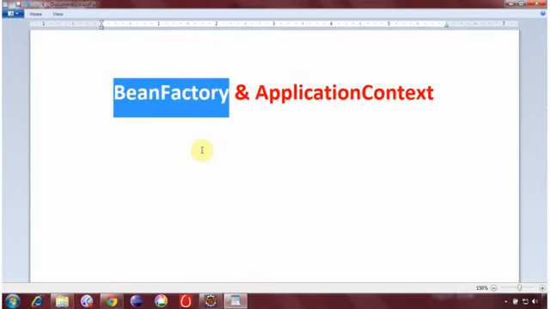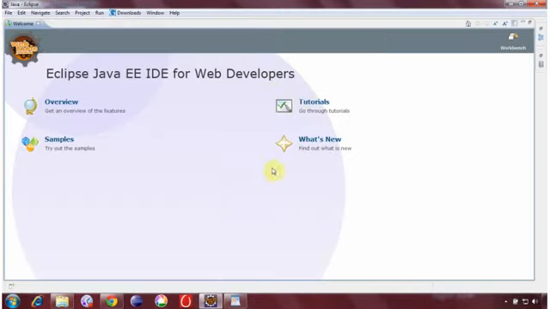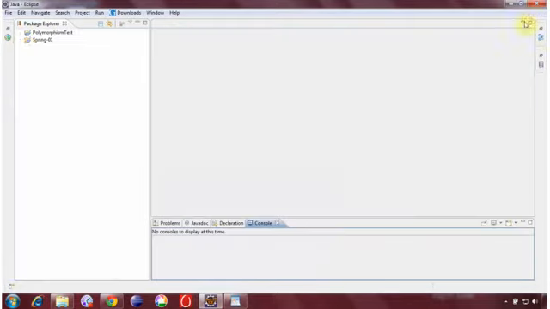which I have most probably been using since day one when we were introduced to the IOC container, and we talked about how we are going to work with our application object, the managed bean, which is going to be created at runtime by our IOC container. So this Bean Factory, from the day I started programming, I introduced you to it in the very first Spring tutorial I showed you. And if we consider the code portion over here, okay, this is my Eclipse welcome screen,